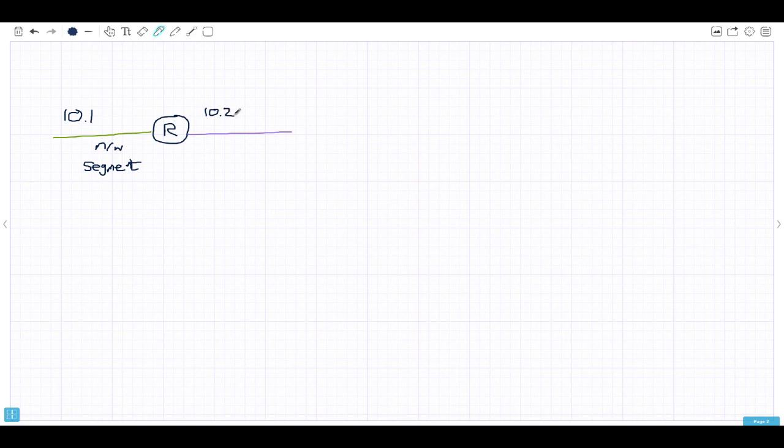Well, it's a lovely idea, but everybody on the network segment has to have the same number. So how can we put 10 on the right and 10 on the left? Well, there's a little code sequence we can put in to let the router know that we're doing some trickery. If we were to put in the network address on the network as 10.1 something, and then we use a mask of 255.0.0, and then do the same thing on the right-hand side on the purple network, the router would be, hey,